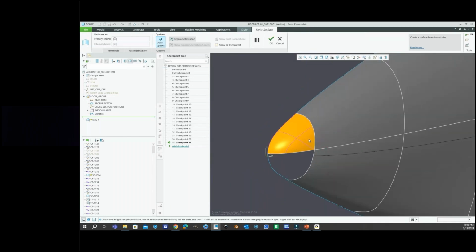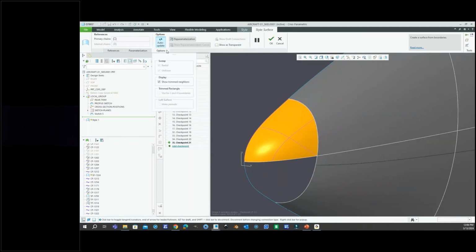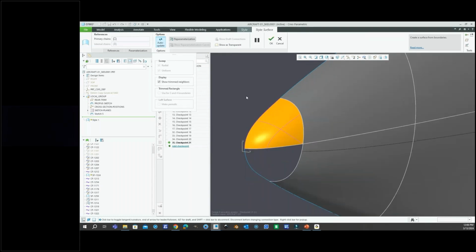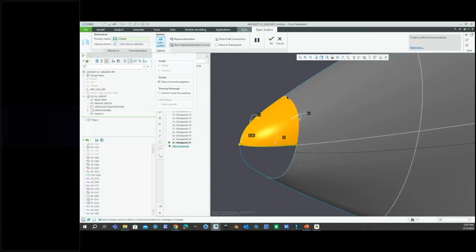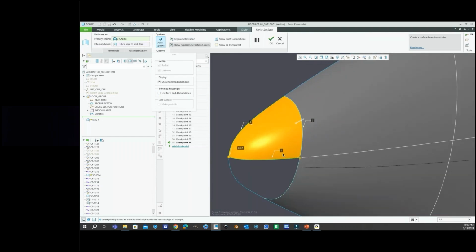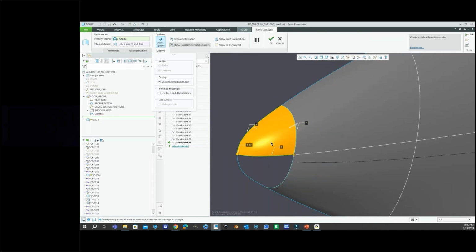So what's really good is that there's a little cheat here called, let me just actually get out of that mode, use 3 and 4 boundary. So it's basically going to cheat and say, hey, we're going to create a 3 boundary surface as if it was a 4. So what that's going to do is it's going to give you a better quality surface. So if I select that checkbox,